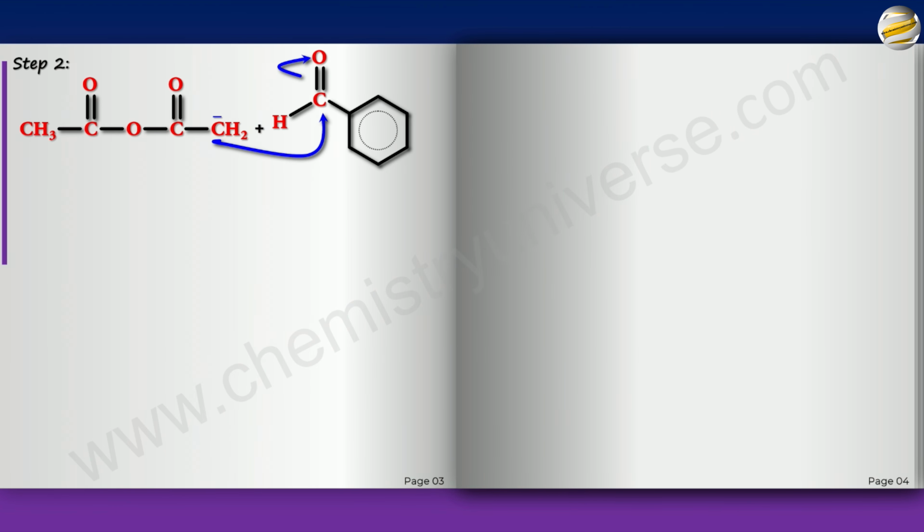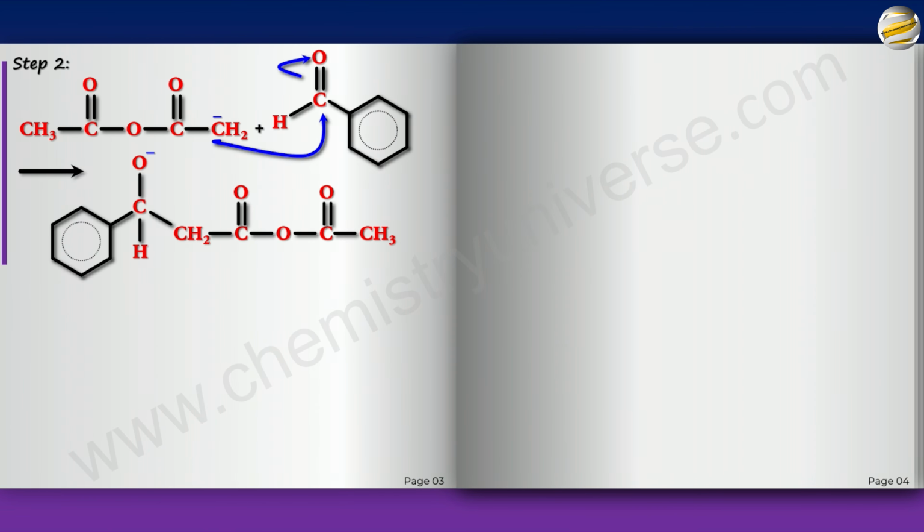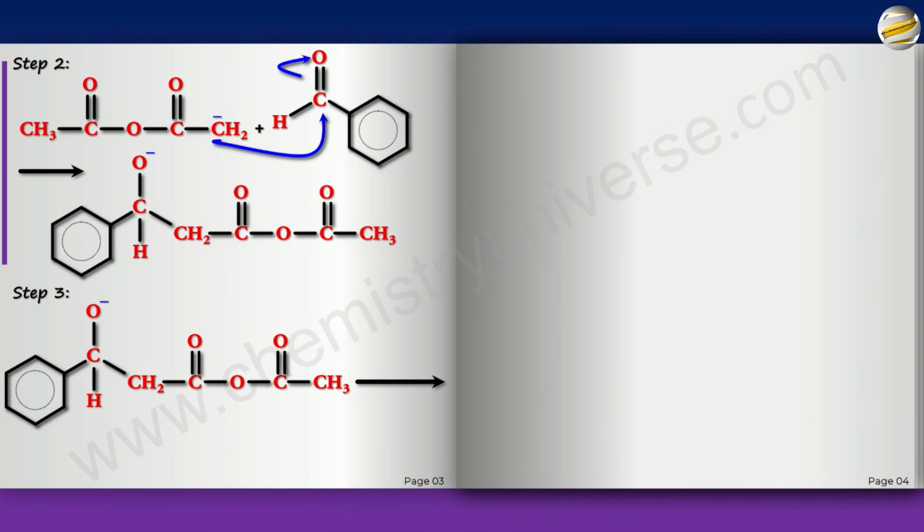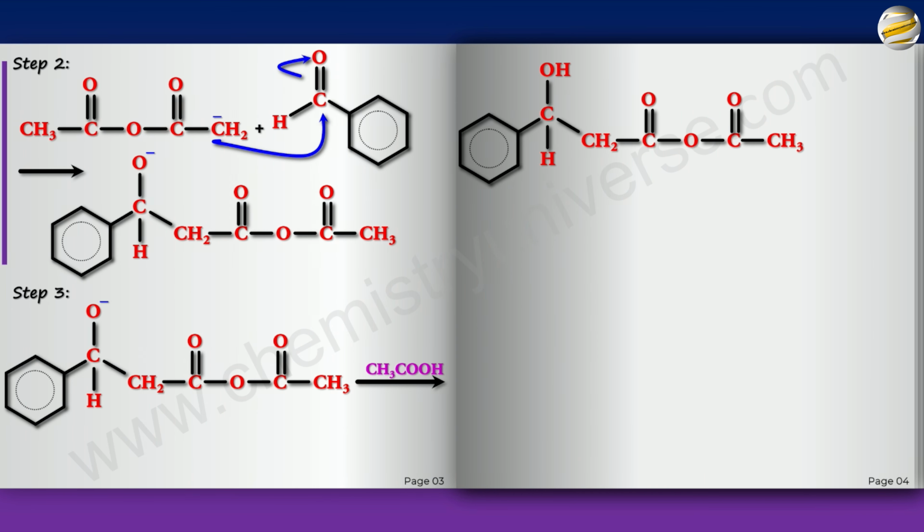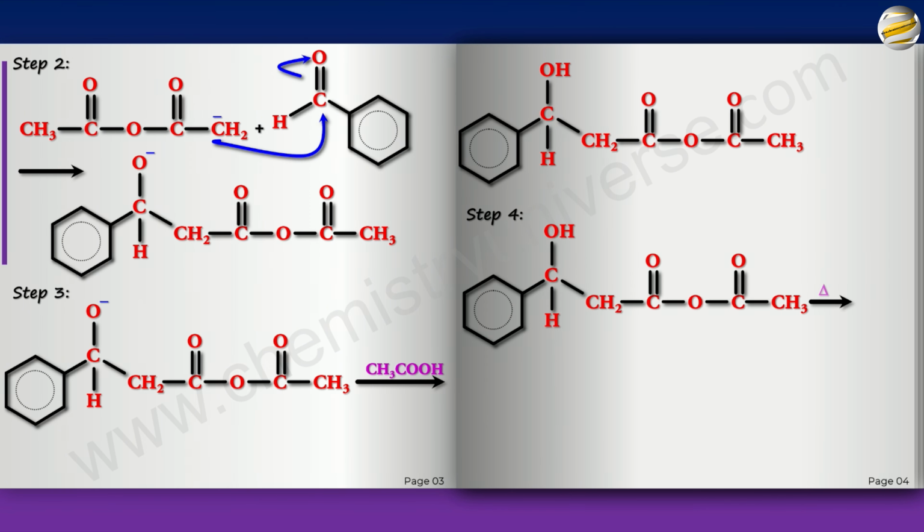And you do get an aldol type product. You get this, right? And in the presence of acetic acid, because as you can see in the previous step, acetic acid left, it protonates this and you get this. Very similar to aldol. So it's a similar to aldol reaction. And again, here, you simply heat it and you will get unsaturation. You get dehydration. OH goes, H goes from here, and you will get this.